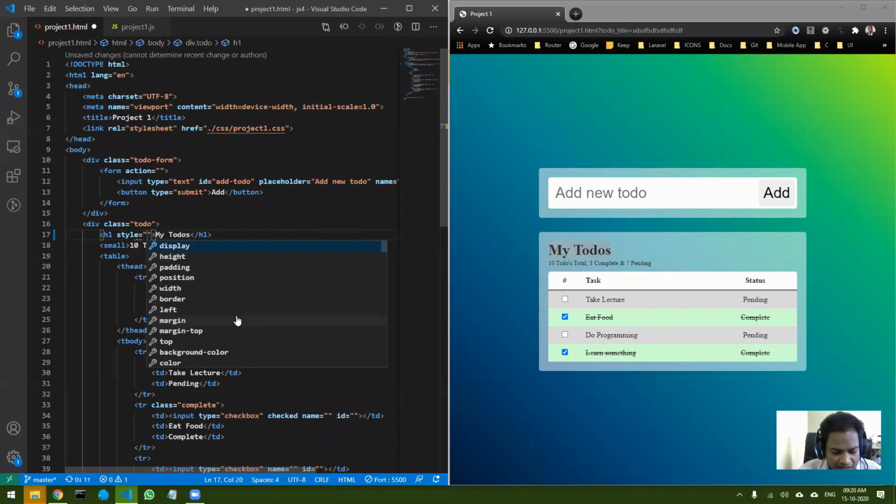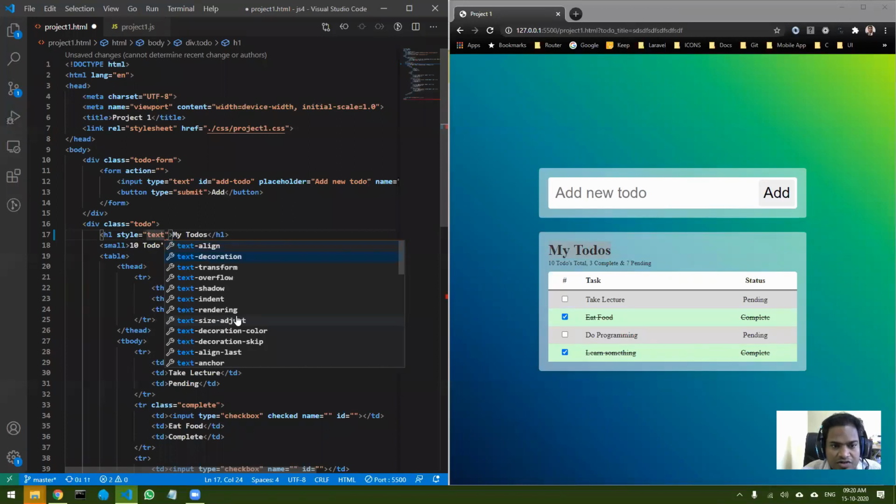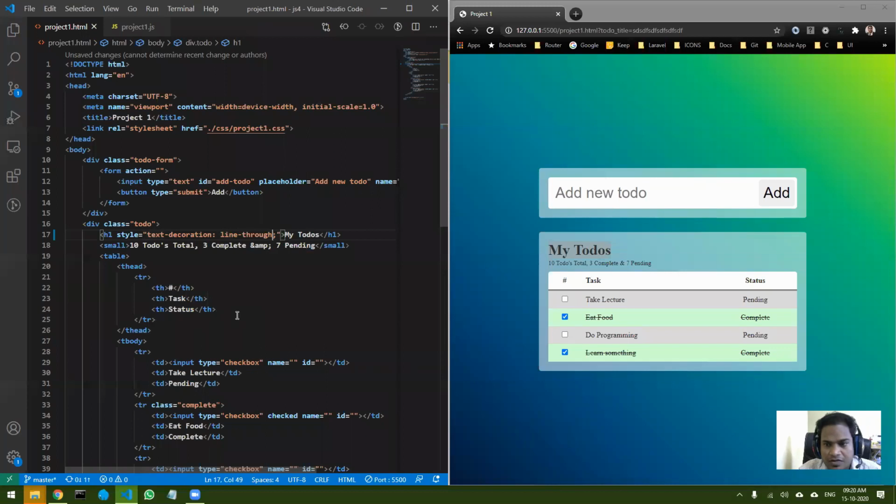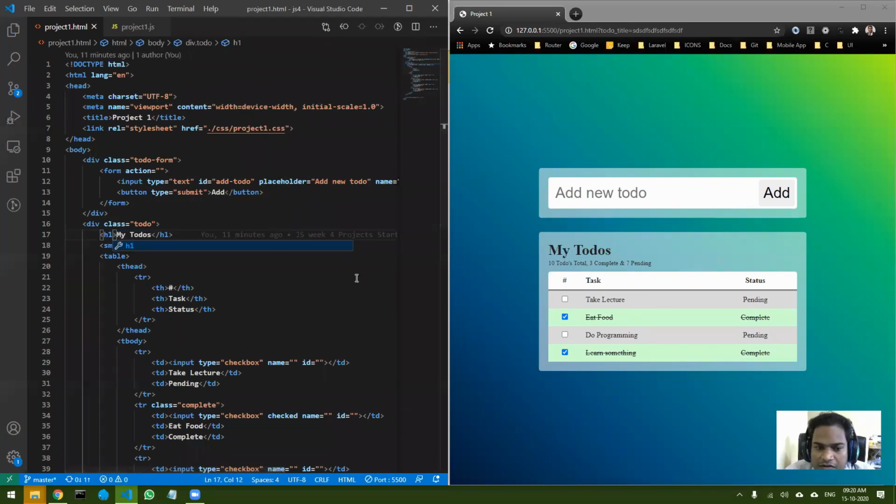I can do text-decoration: line-through. So this creates that strike. So I can just remove this now. Any other queries?